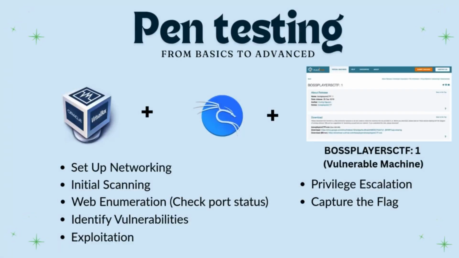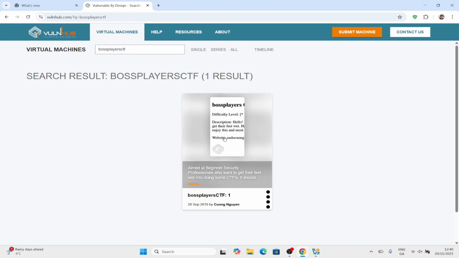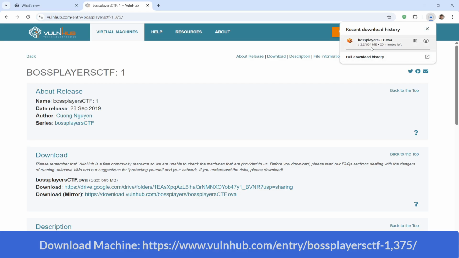Hello everyone, in this video you will learn how to exploit another vulnerable machine, and that is the BossplayersCTF1. So we'll download this machine from this website. It is available free,